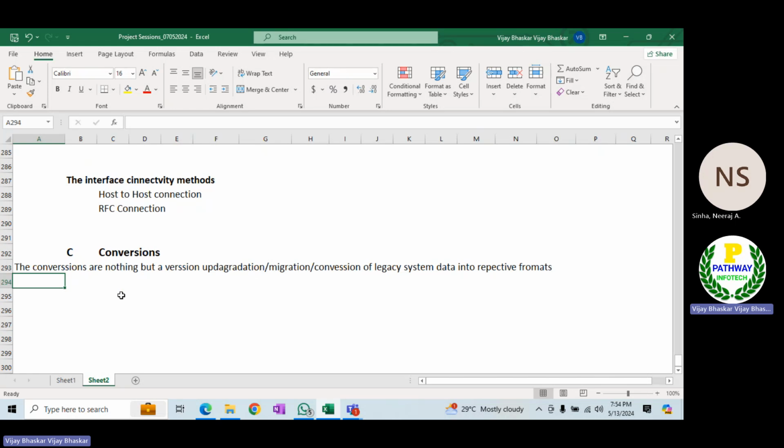Let us talk about conversions, let's say when I am upgrading my system from an ECC system to an S4 HANA system. Sorry, from ECC system to S4 HANA system. While moving, we have to convert the existing data, during the upgrade, or during the migration, or during the conversions. So the data which I am converting now,